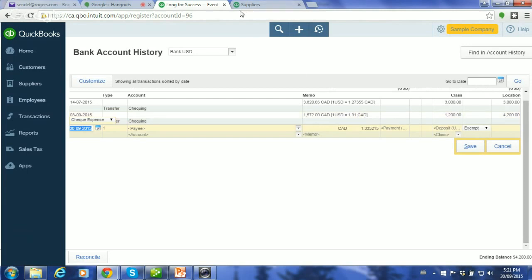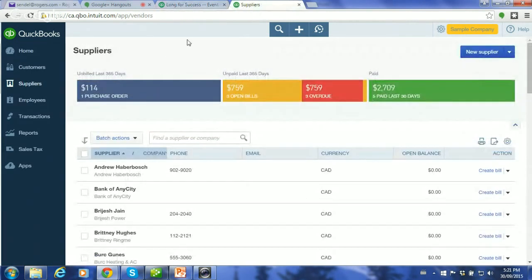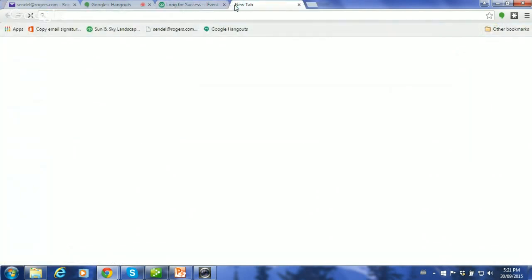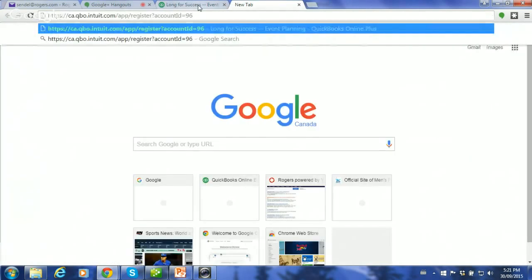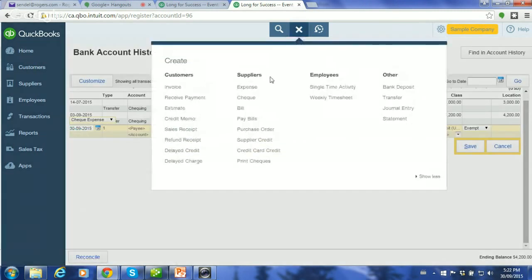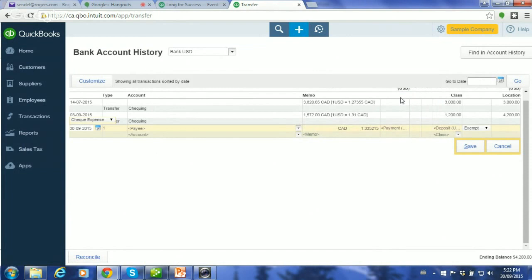Now we'll leave this one up. We'll go into our other tile and remember what we said in order to do that. In case anybody's just joining the call late, Control C, open up a new tile, Control V, paste it, and we're going to do a transfer. And the last one was September 3rd, so we'll do one a little bit later. Let's say, transfer.